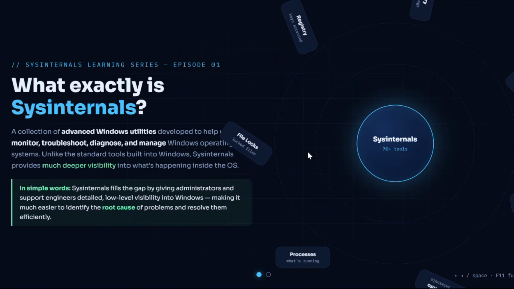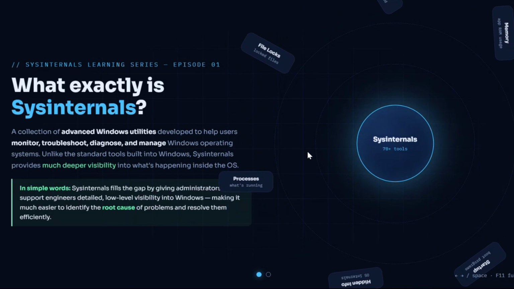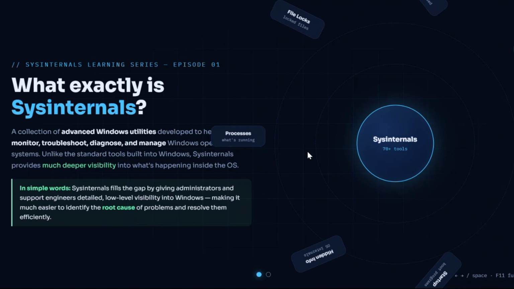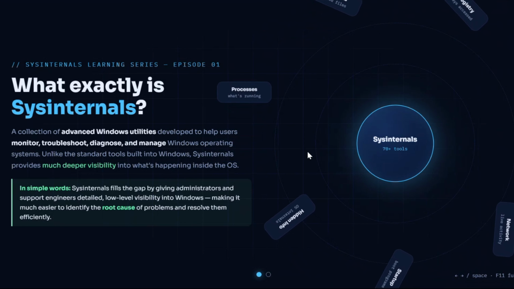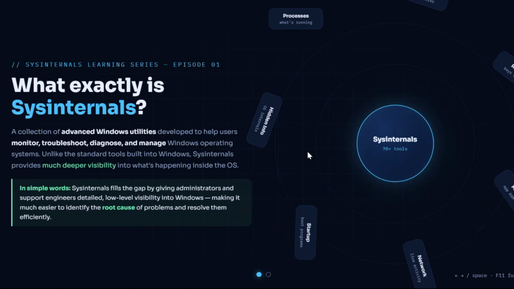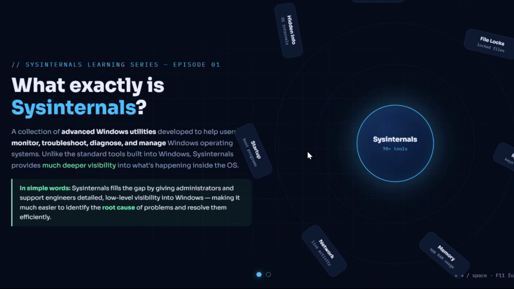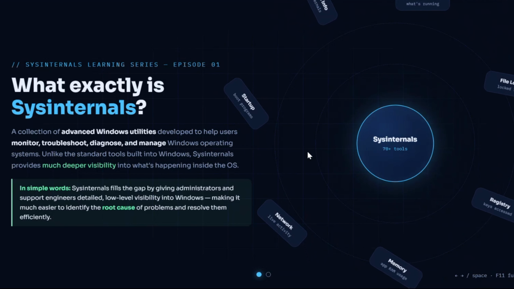Basically, Sysinternals is a collection of advanced Windows utilities developed to help users monitor, troubleshoot, diagnose, and manage a Windows operating system. Unlike the standard tools that come built into Windows, Sysinternals provides much deeper visibility into what's happening inside the operating system.